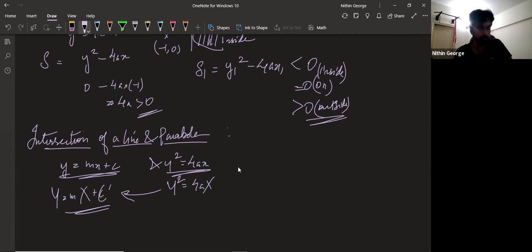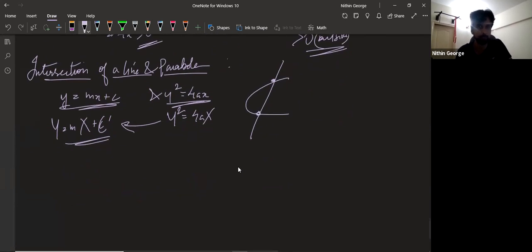Okay, so here, what happens when you solve a line and a parabola? When you solve a line and a parabola, you will get information regarding its intersection. That's what happens. Okay, so I have y square equal to 4ax. I'll replace it with mx plus c the whole square equal to 4ax. Okay, guys? Intersection of a line and parabola. All right. Mx plus c the whole square will be equal to 4ax.